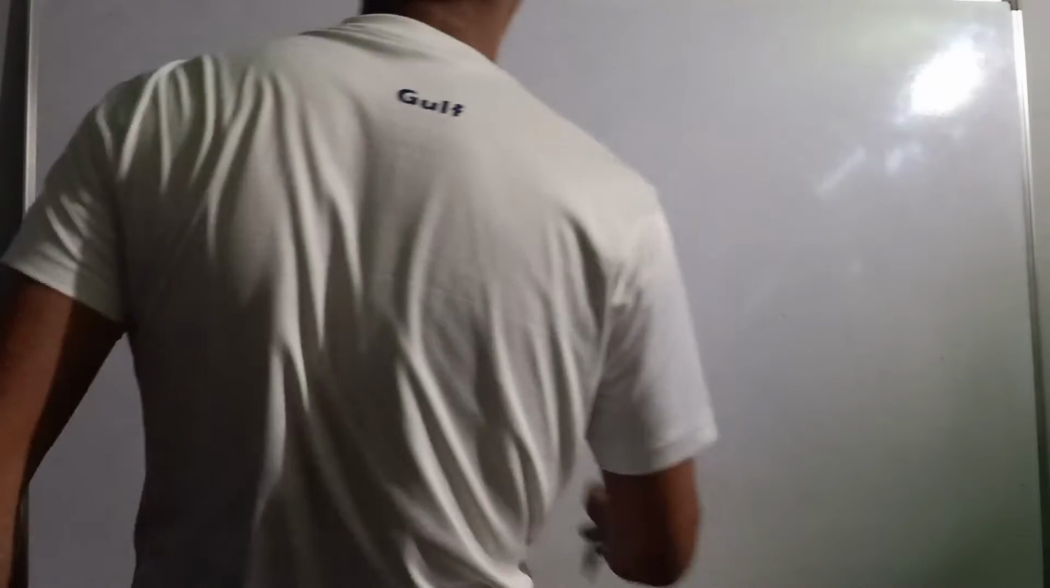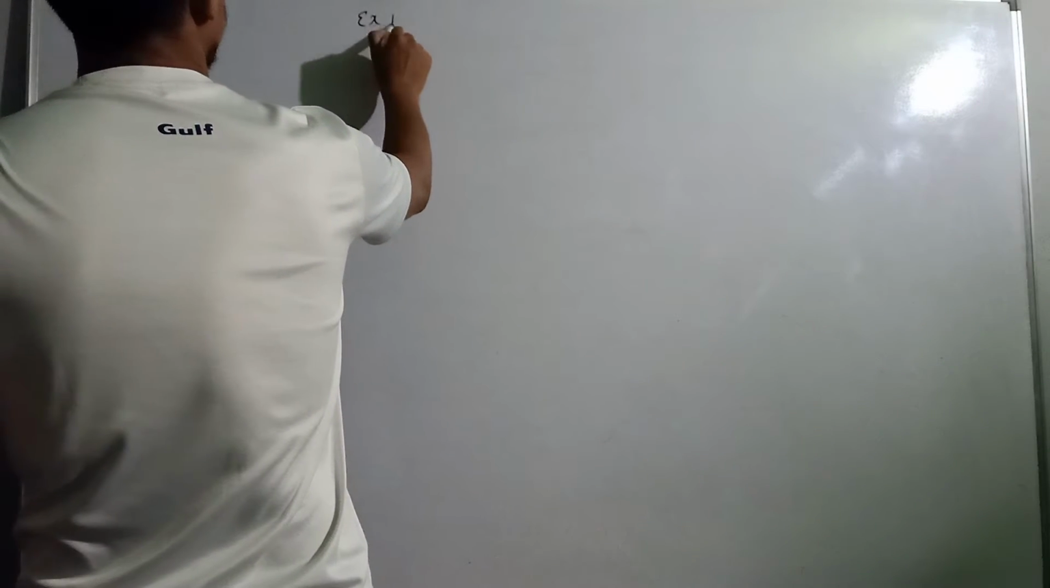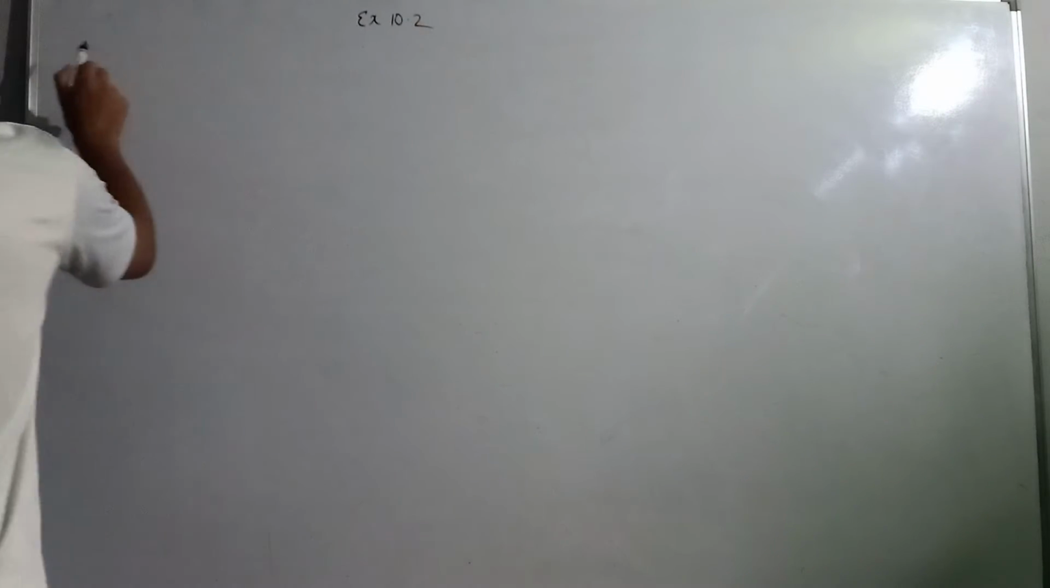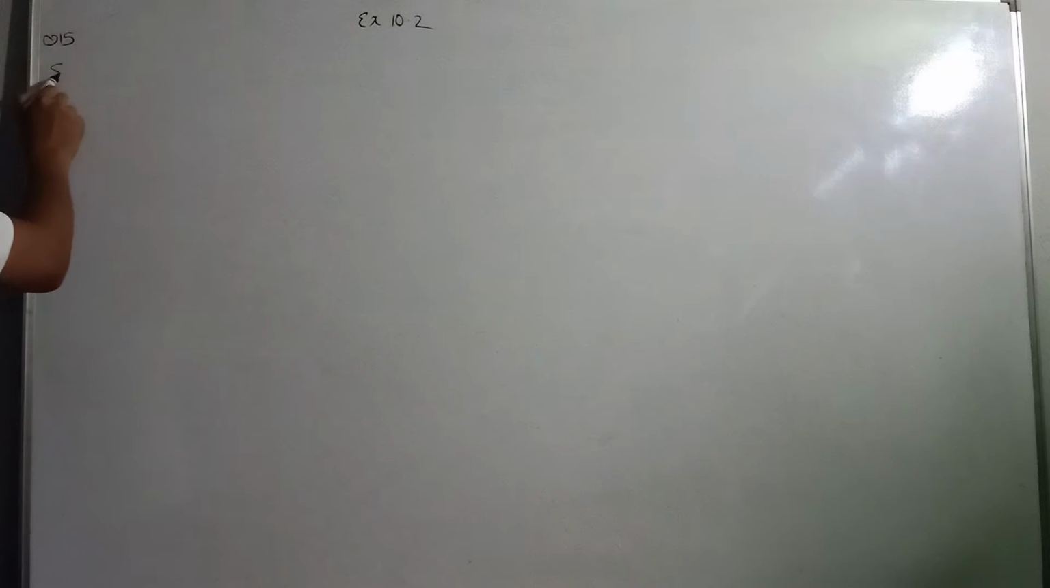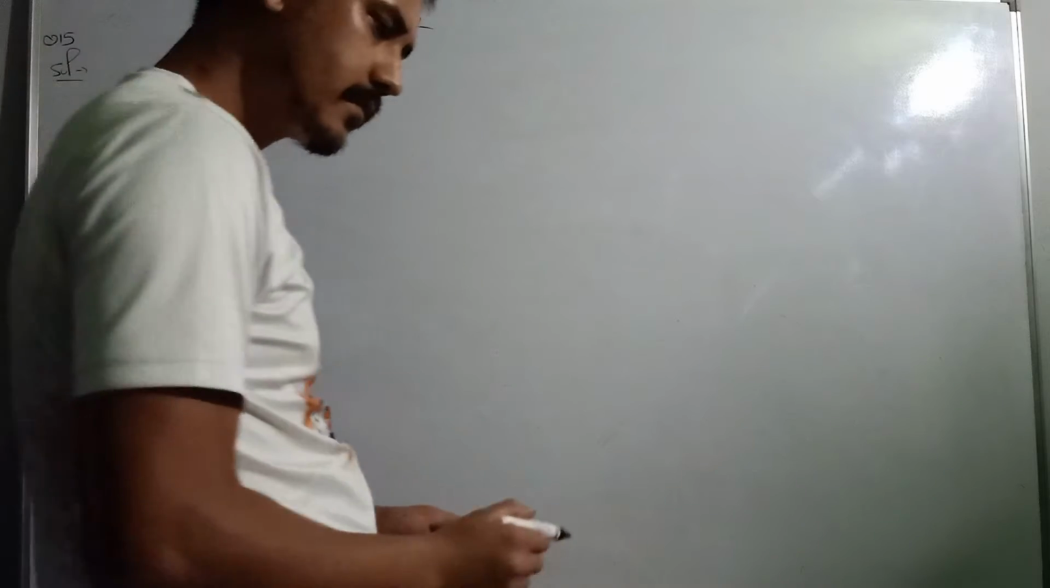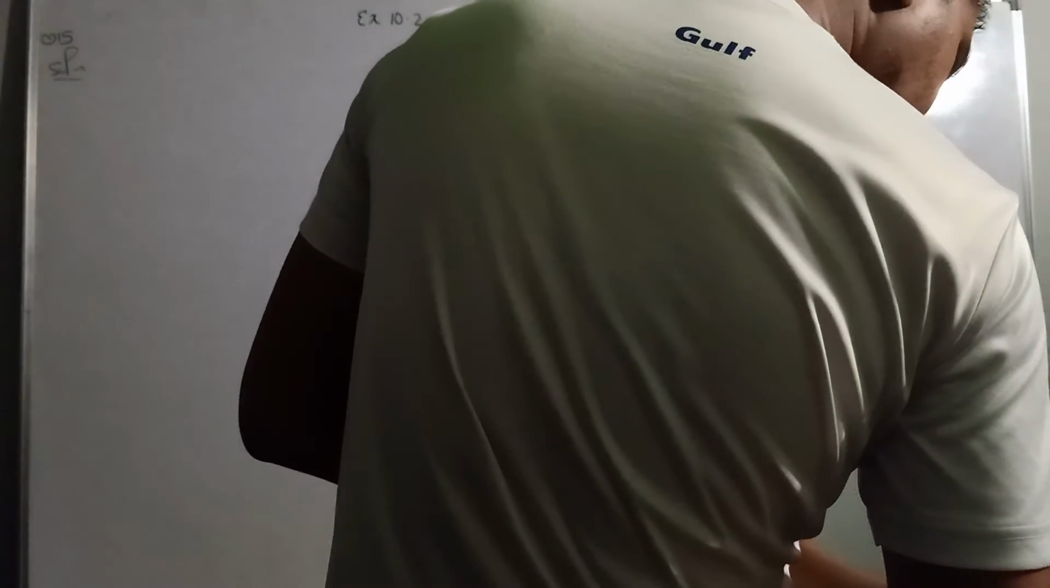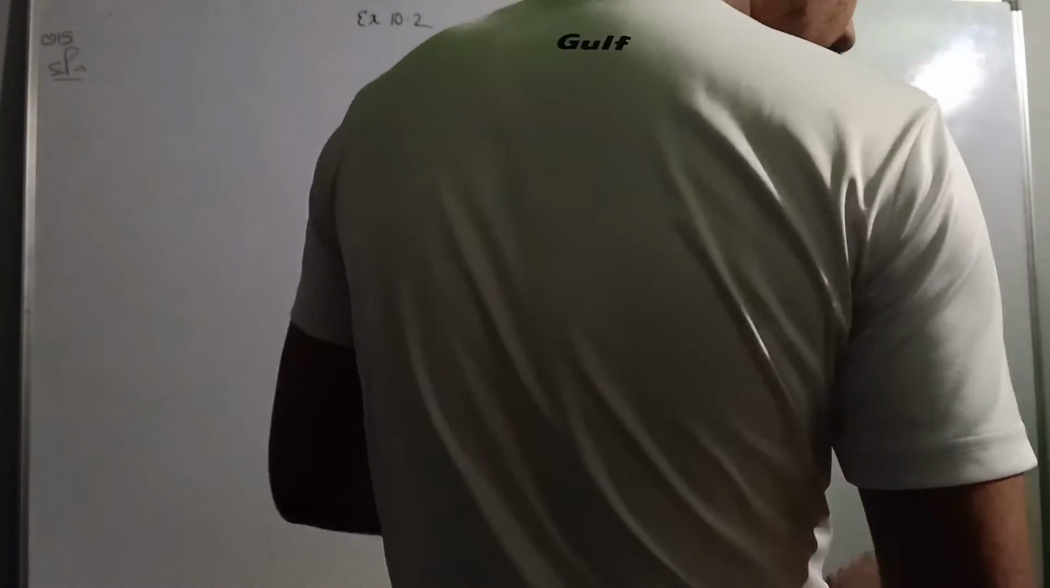So exercise 10.2, we can go for question number 15. What does the question say here? Find the position vector of a point R